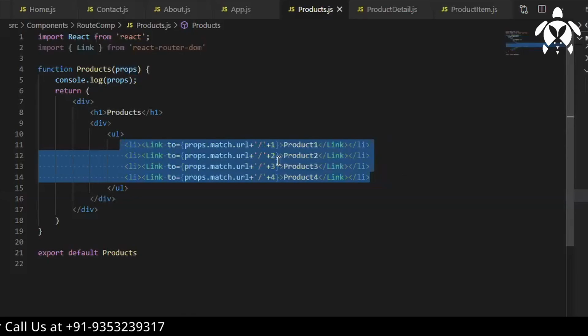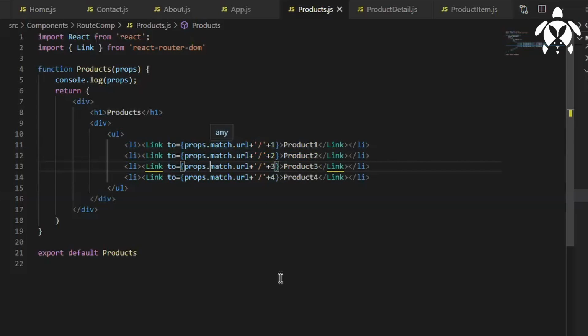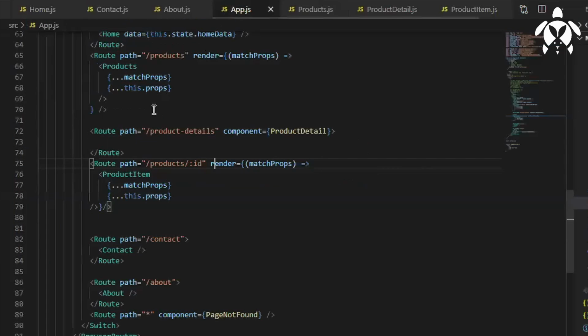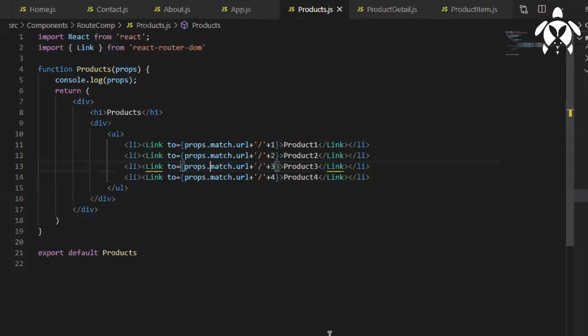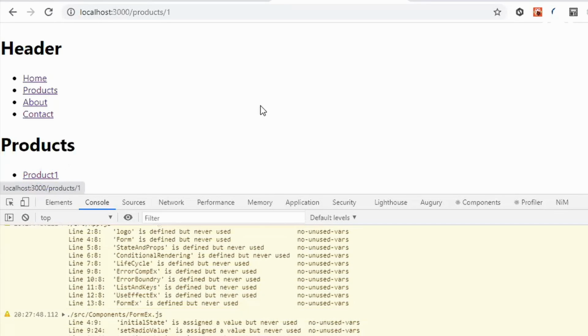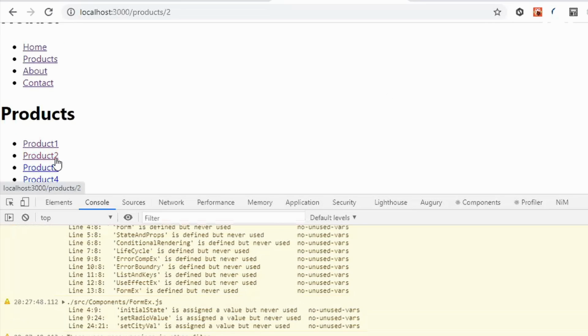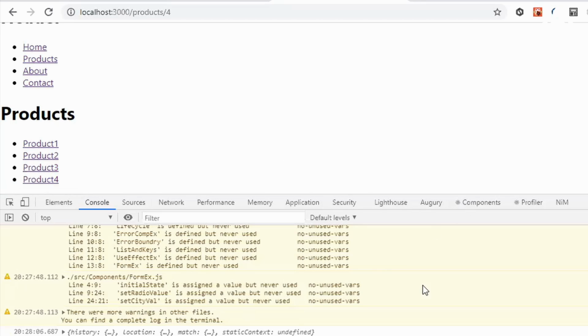So I'll uncomment it. props.match.url, I'm using /1, so it will append it in the current URL. So that is what we are telling over here, products/id. So we will be on the products page, and when I click on one, it goes to 3, it's updating. See, 4.